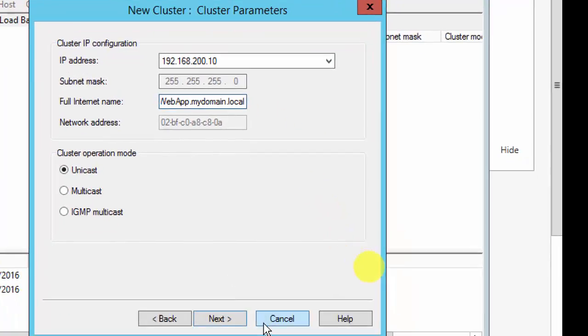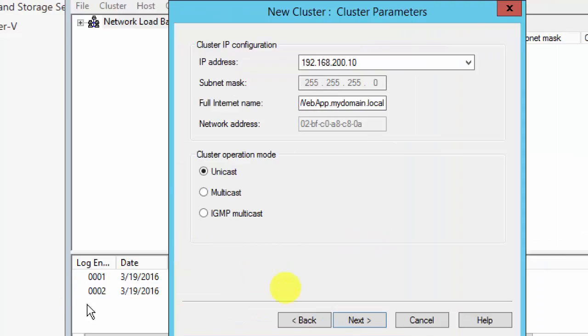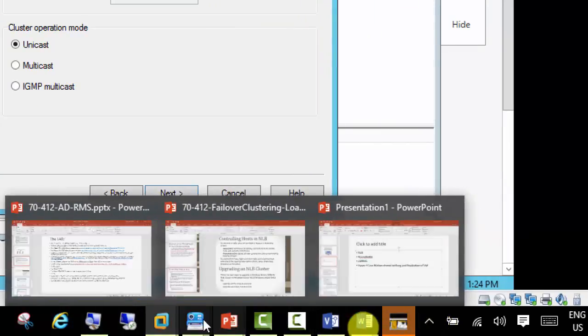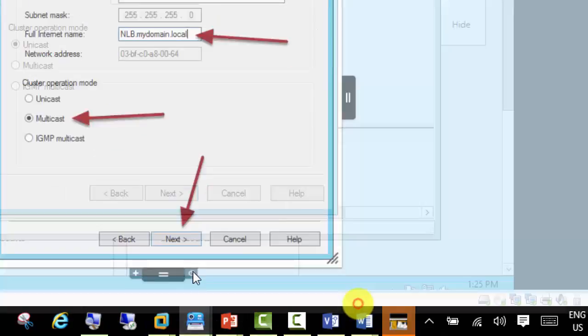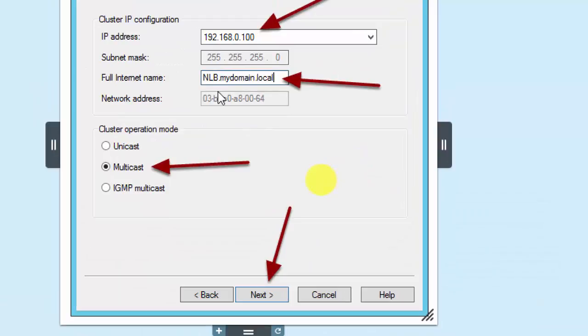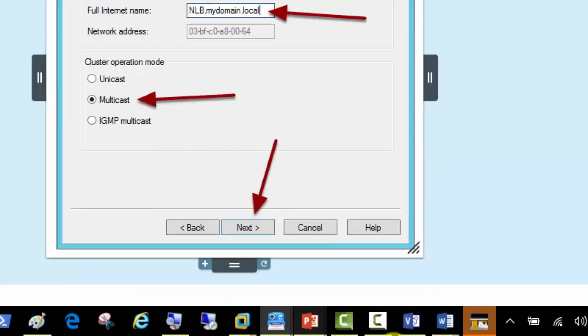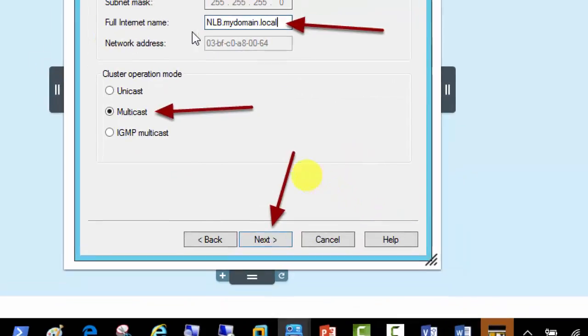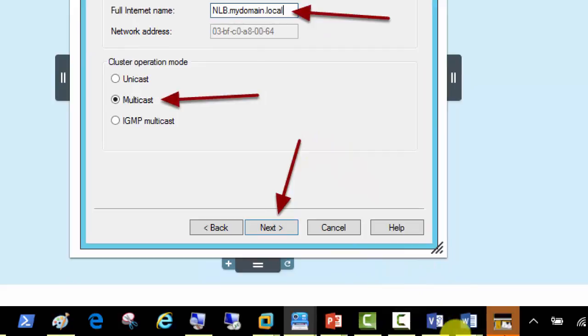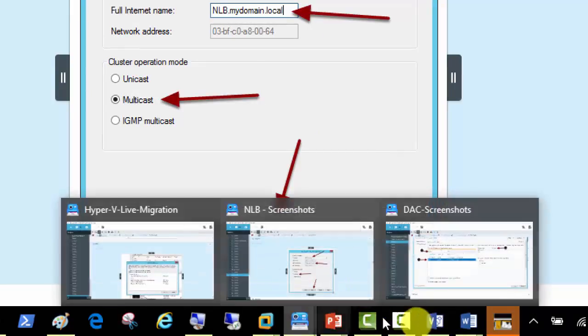But anyway, we're just clicking multicast here, or currently we just have 2 nodes, we can just go for the default option as well. Let me just check those treasure of screenshots that are always useful. And okay, it's multicast. And yeah, the name is nlb.mydomain.local, but we can just go for webapp. It could be anything actually, right? As I said, toyota.mydomain.local, anything. So multicast we're putting there, and then we're going ahead for